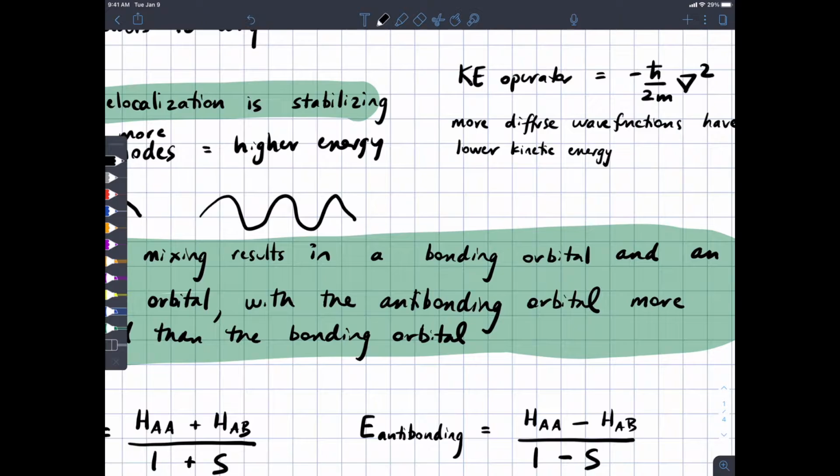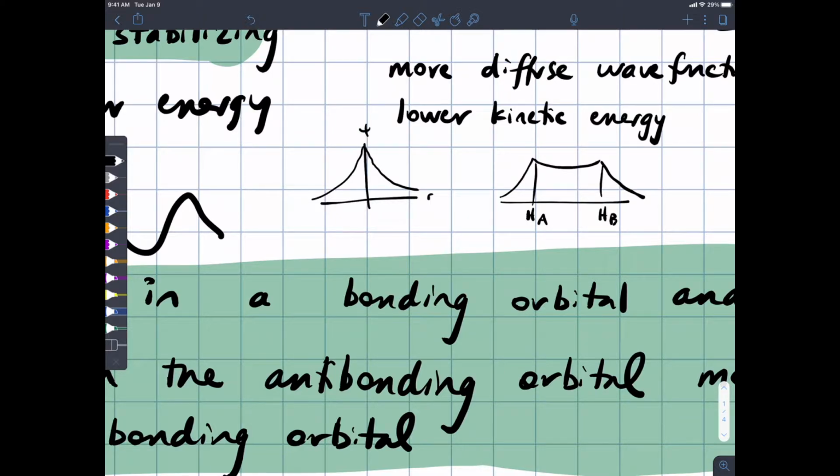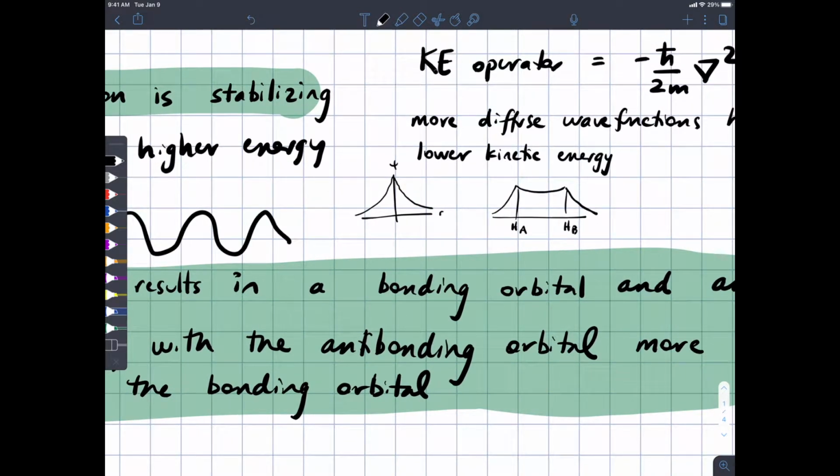If you consider, say, if we were to graph the wave function for a 1s orbital, here's the wave function. I'm only graphing the real part, and then here's some distance. It would look something like that. But if we were to bring two 1s orbitals together in hydrogen, we would get a wave function that looks something like this. And notice that the wave function in between the two nuclei, this would be hydrogen A and this would be hydrogen B. Notice that the wave function in between the two nuclei is less curved than it would be in either of